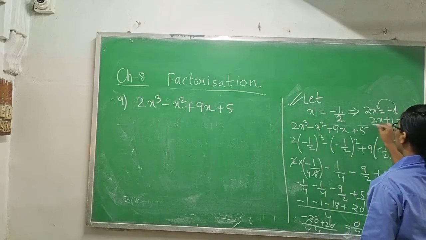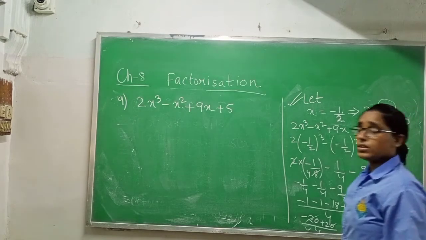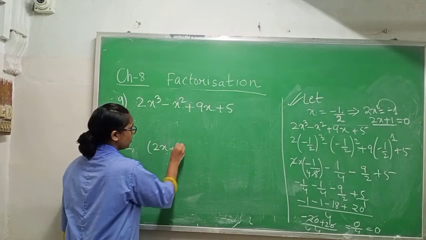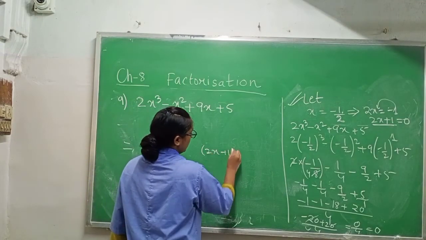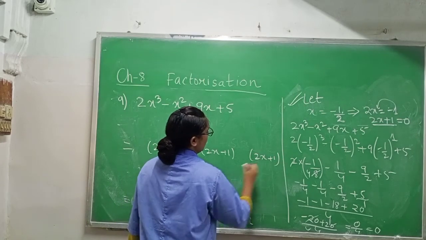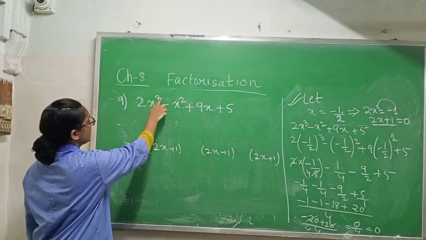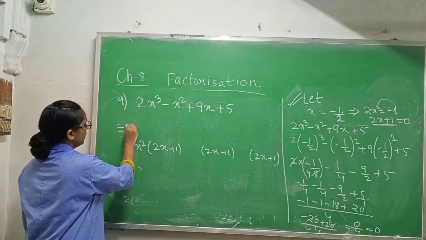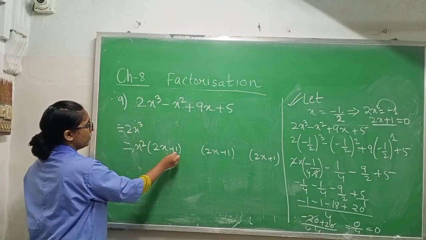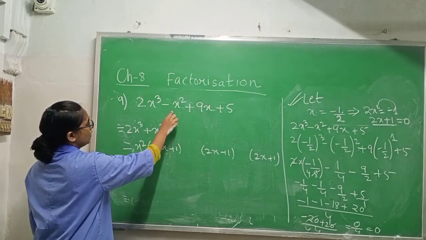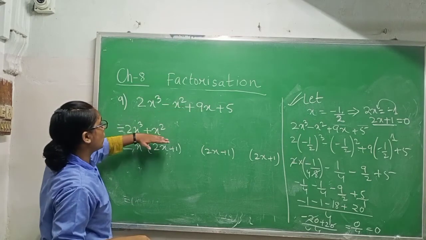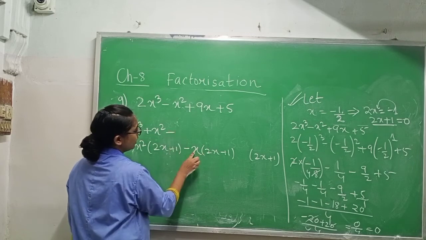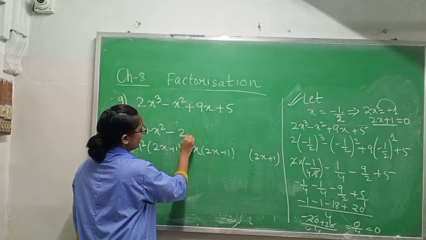Meaning you will now use 2x plus 1 in the third line. So sorry, in the third line you will write 3 times 2x plus 1, then again 2x plus 1, then again 2x plus 1. Now here you have 2x cube. You already have 2x, so you need x square, so it will come 2x cube. Now x square plus 1, x square, but you need minus x square, you are getting plus x square. 2x is already here, minus x, so what will you get? x into 2x, minus 2x.